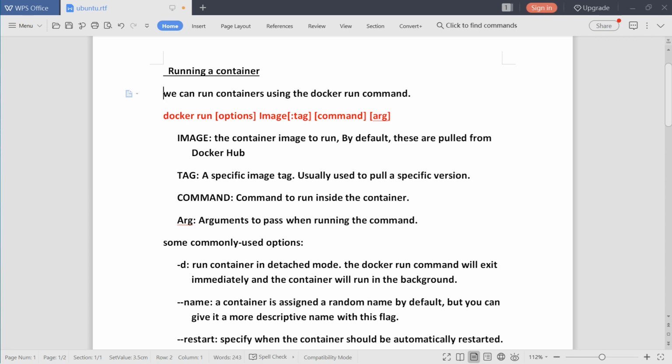If you did not provide any name to a container, it will take a random name by default. If we want to provide a name to a particular container, we should mention the double hyphen name, then we can provide the container name. That is the double hyphen name flag.